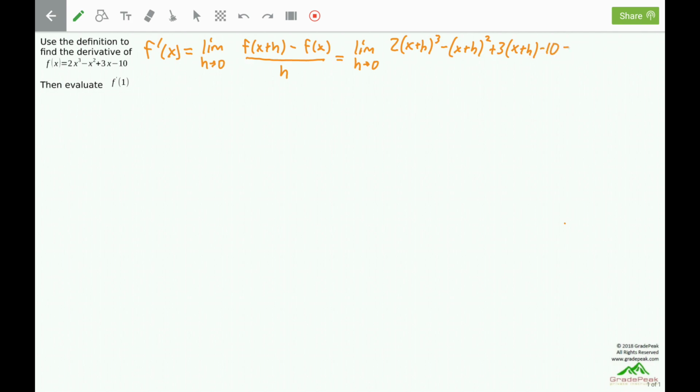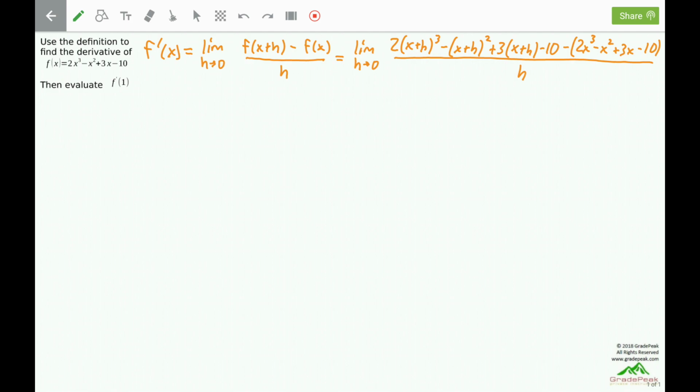And from this, we subtract the entire f of x. Make sure to put parentheses around the entire f of x. We have to subtract every term, which means that each one of these terms is going to become the opposite sign of what it is right now. So the negative will distribute on them. All of this